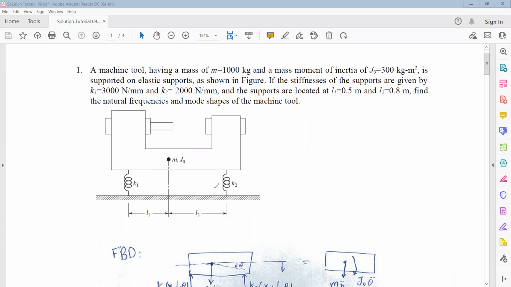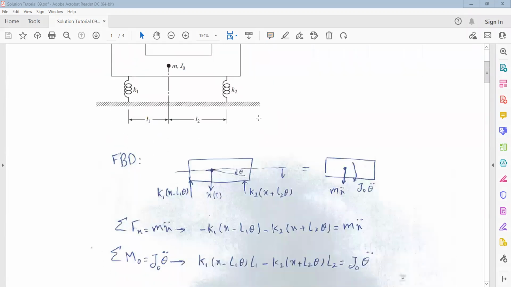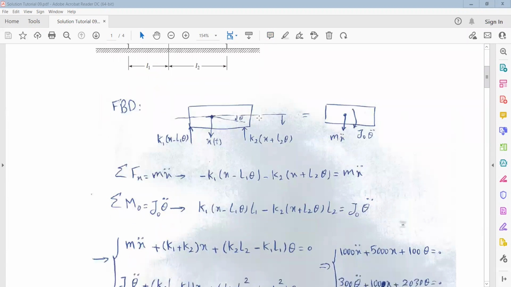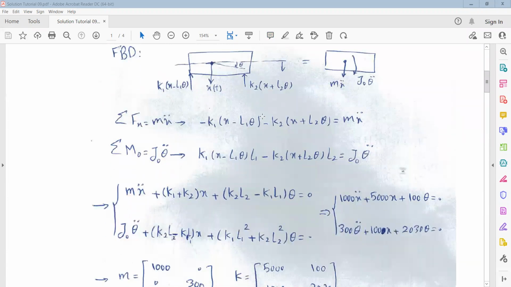I mean x1 and x2, for example, the displacements of this point and this point, or you can use the displacement of the mass center and the rotation about the mass center, or any other type of coordinates. It's up to you, but here I use the displacement of the mass center and rotation about the mass center,